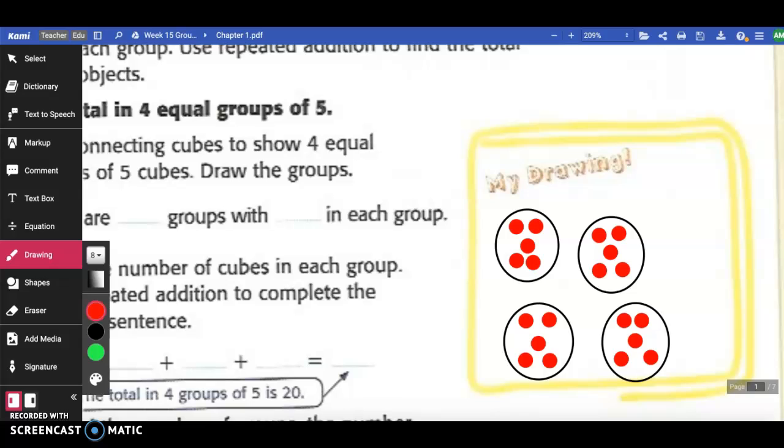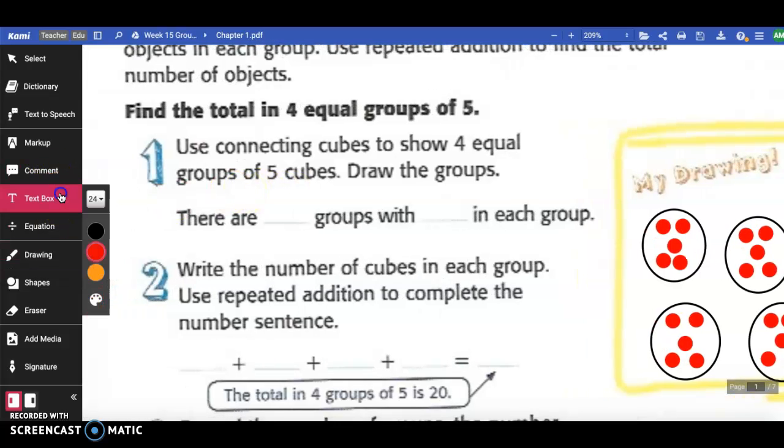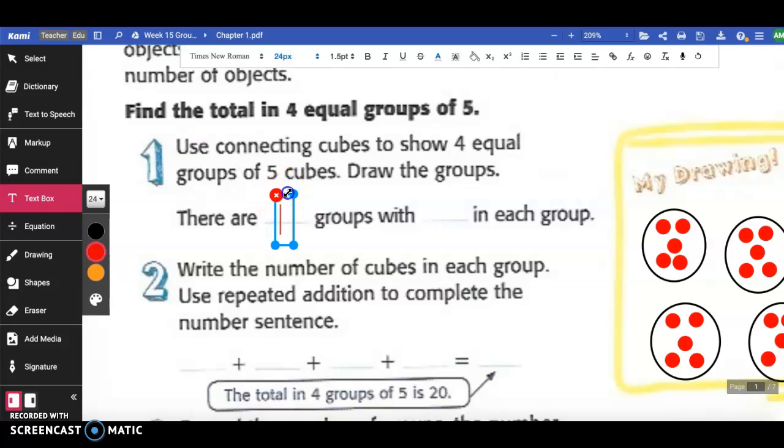Right, there are 5. Now I want you to pause the video and share out how many groups you have. If you said 4, you are exactly correct. So let's come back over here, and we are going to say there are 4 groups with